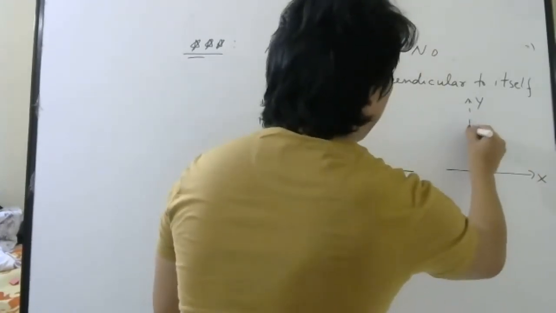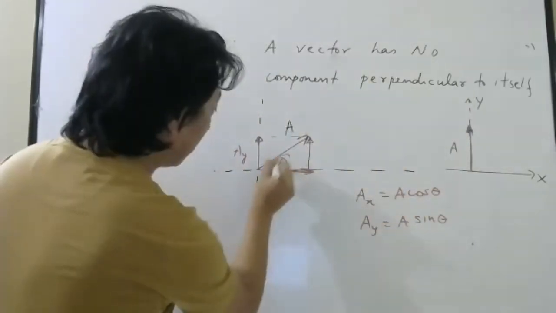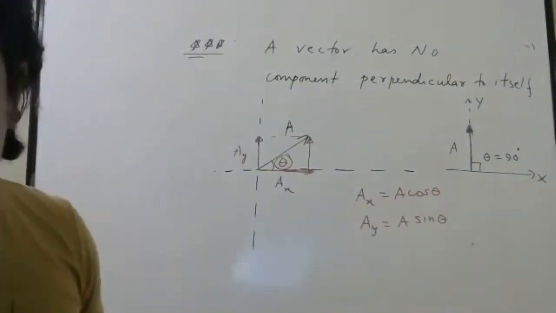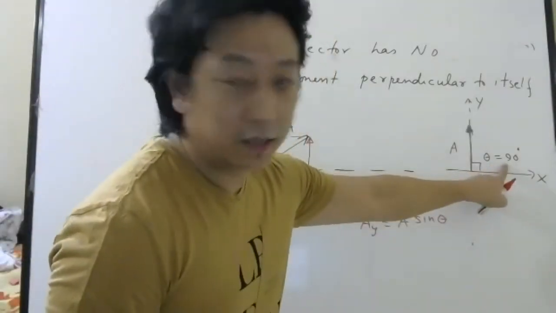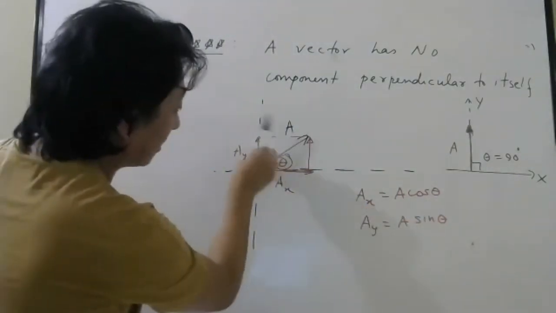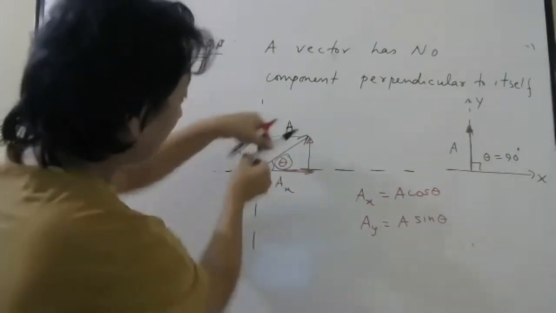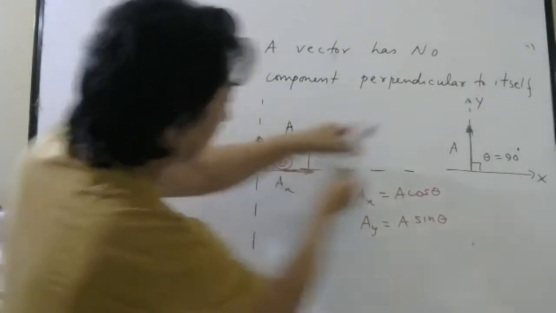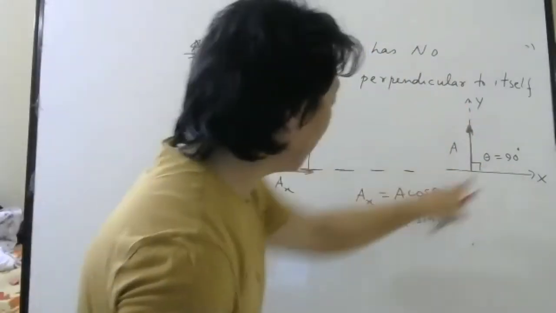So if I say my vector is along the y-axis, then this angle will be how much now? This will be the angle, 90 degrees. Since it will be 90 degrees, just put theta as 90 degrees here. Kirtana, are you understanding that if this vector was here, this angle will be 90? If this vector is here, x-axis is here, this is your theta. If this vector was here, then the angle will be how much? 90 degrees, right? So then put 90 degrees in this formula.